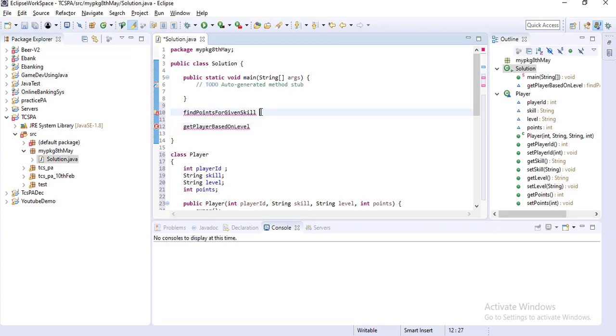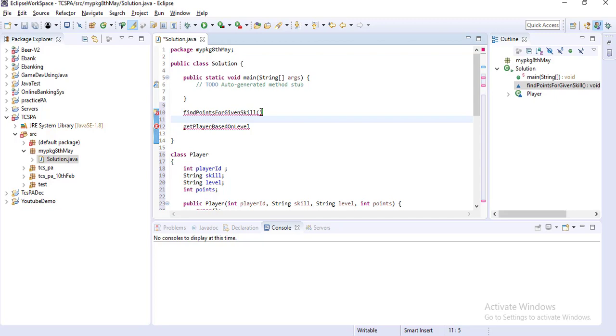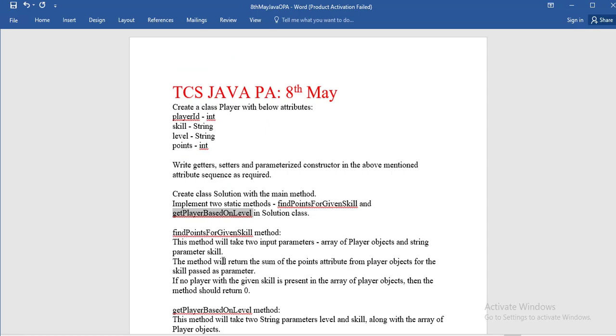So what parameters will these methods take? This method will take two input parameters. What are they? An array of Player objects and a string parameter, skill.